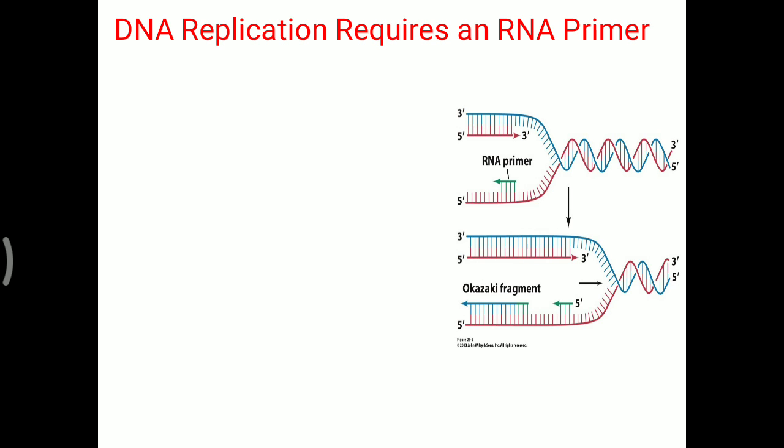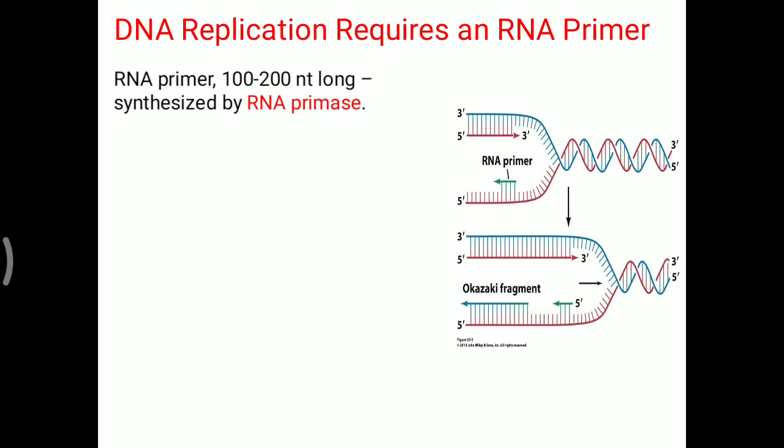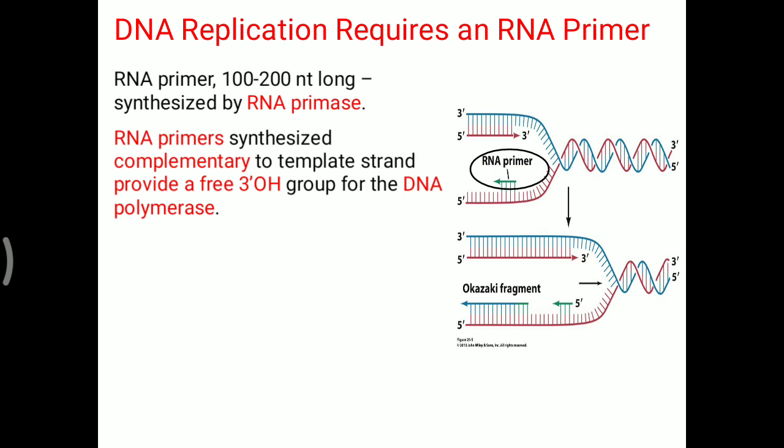Next, DNA replication first requires the RNA primer. First helicase is needed, supercoiling is removed by topoisomerase, then SSB, the single stranded binding protein, and then the RNA primer is needed. The RNA primer, 100 to 200 nucleotides long, is synthesized with the help of the enzyme RNA primase, complementary to the template strand. It is the same as DNA formation, so it is also complementary, and it provides a free 3' hydroxyl group